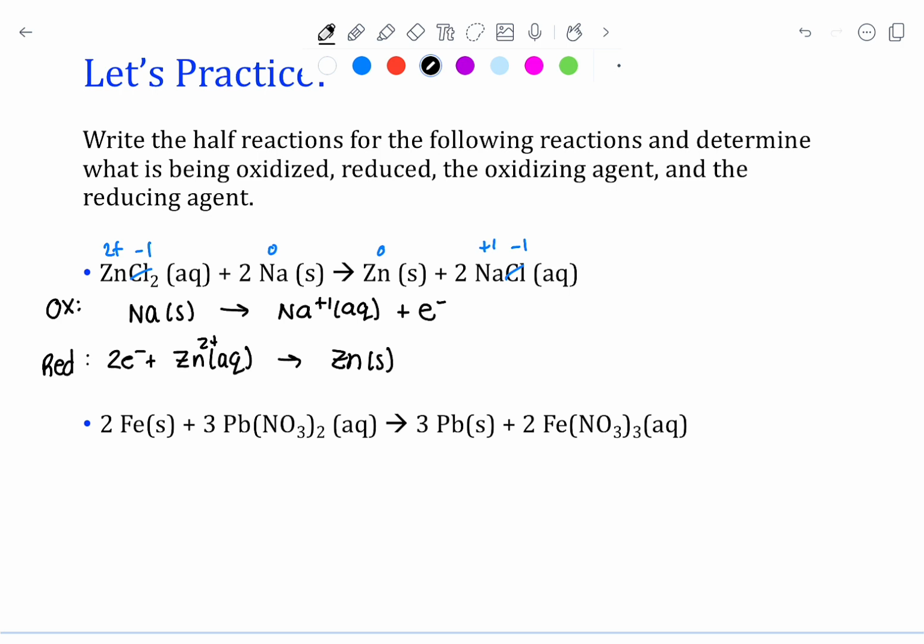And if I want to add up these 2 equations, I'd have to multiply my top one by 2 to balance out my electrons. My question only asked me for the half reactions, so if I'm only asked for the half reactions, I do not need to show the balancing of those electrons. So in your ALEKS homework, when you're only asked to find the half reactions, you don't need to balance out